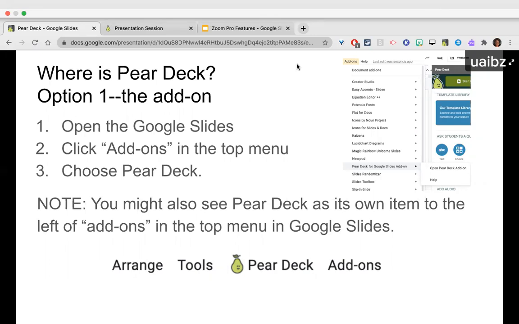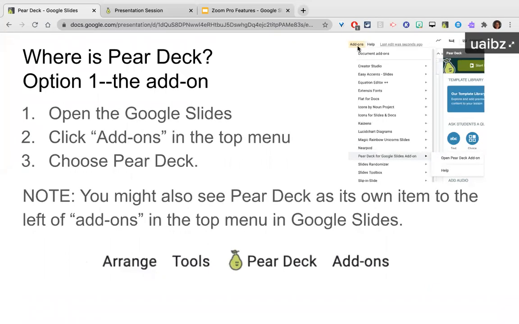Normally, you would have gone to the add-ons list and chosen Get Add-ons and then searched their little store for PearDeck and installed it yourself. But we've already purchased it. We've already force installed it for you. So one way that you might see it, if you don't see it already, click on your add-ons